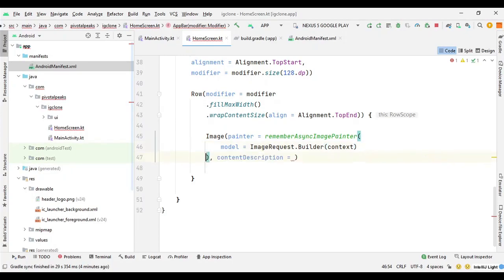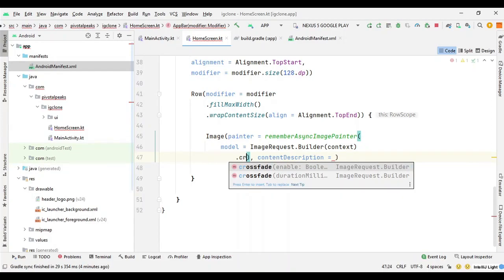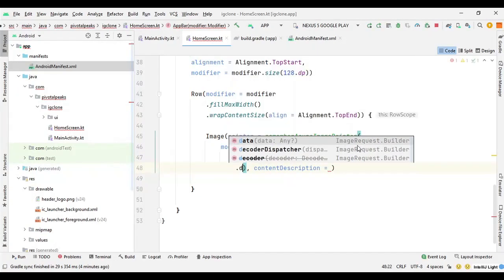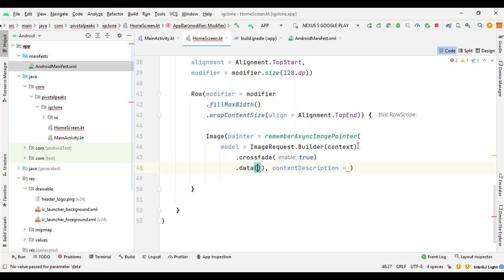So the first function we need is crossfade for a smooth transition, so we can say true, and then we need the data itself. So the data is going to be the image URL, so we just need to put the image URL inside this data.